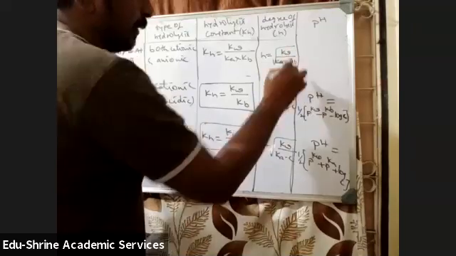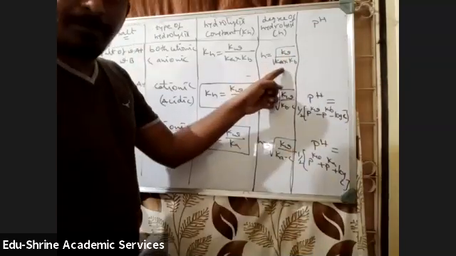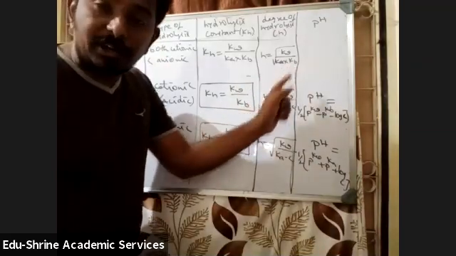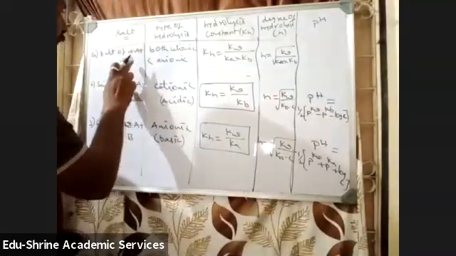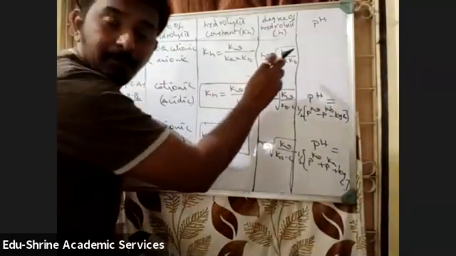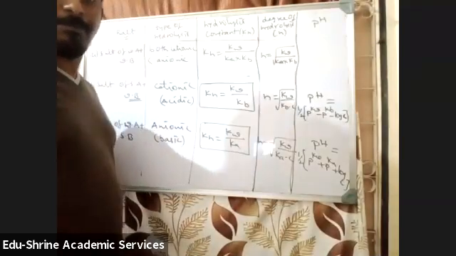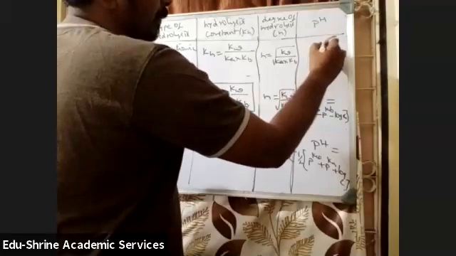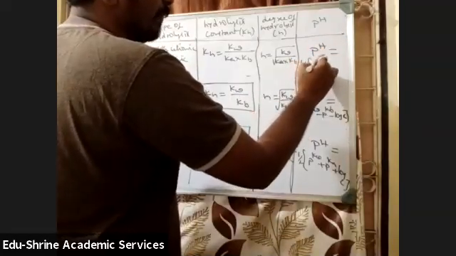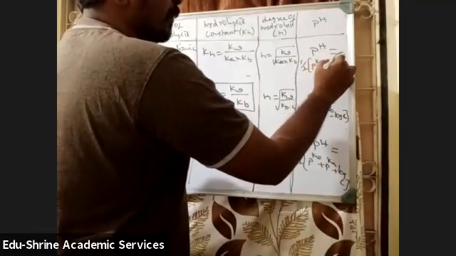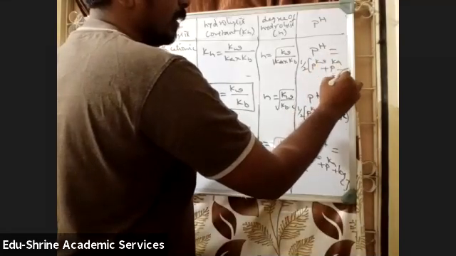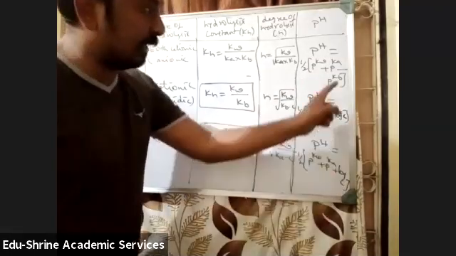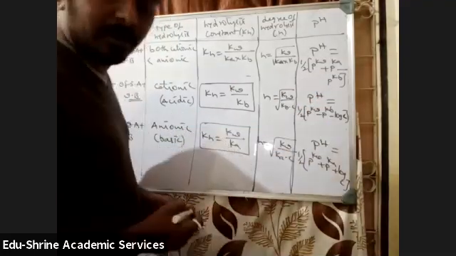You can find a difference between the other two and this one. In the other two, there is concentration. But here there won't be concentration. That means a salt formed from weak acid and weak base is independent of concentration. So this is one point we need to make a note. How to calculate the pH? pH is equal to half into pKw plus pKa minus pKb. Here also you can see in the pH expression, there is log C in the others, but here there won't be log C. Okay.